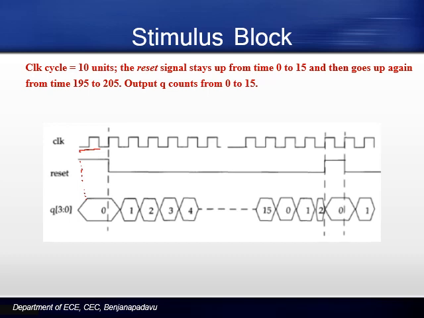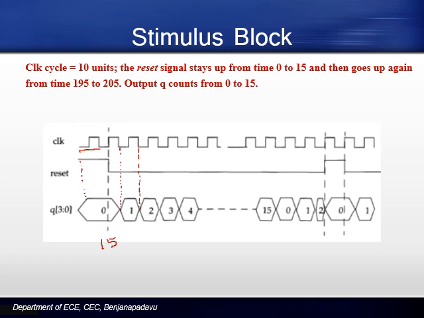So at 15 time units, that is, this is 5, 10 and 15, the reset is going low. Once the reset goes low, now the normal counter will take over. The counter we have written is for the negative edge of the clock. So for the next immediate negative edge of the clock, the counter will start counting. That is, from 0 it will become 1. For the next negative edge of the clock, it will become 2, 3, 4 and so on. It will go up to 15, and the cycle repeats, that is 0, 1, 2 again.